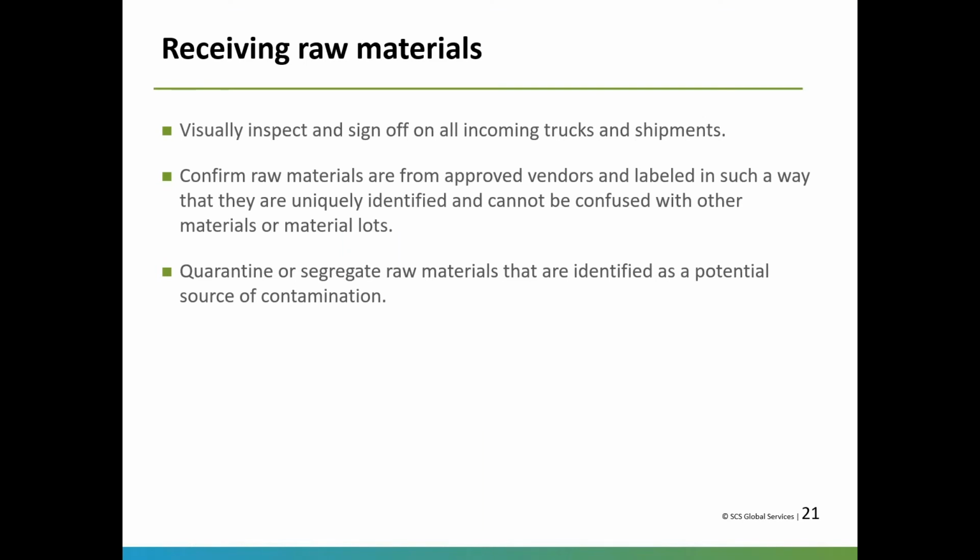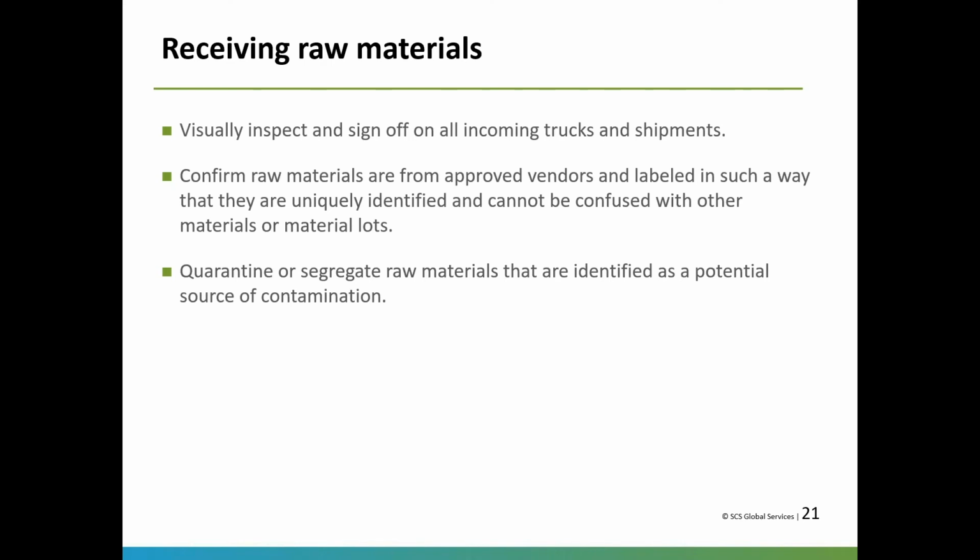So when you're receiving raw materials, you'll be required to visually inspect and sign off on all incoming trucks and shipments. And it's actually a standard requirement that you confirm raw materials are from approved vendors and labeled in such a way that they are uniquely identified and cannot be confused with other material or material lots. Quarantining or segregating raw materials that are identified as a potential source of contamination is also